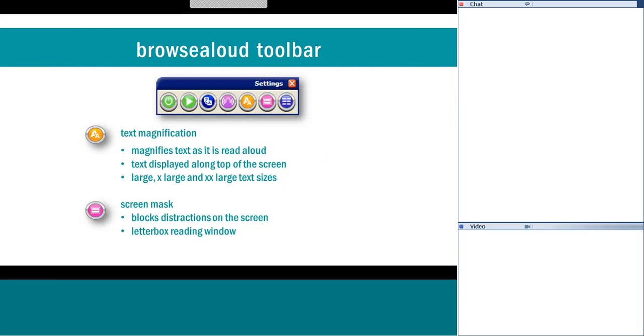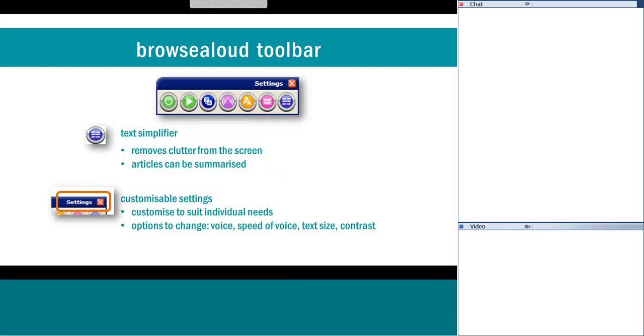As I spoke earlier, we also magnify the text as it's read aloud, and I'll be showing that to you. And we also have an ability to actually put a mask on the screen, which actually helps people who prefer to actually have less information that could have a cognitive overload. So we help that.